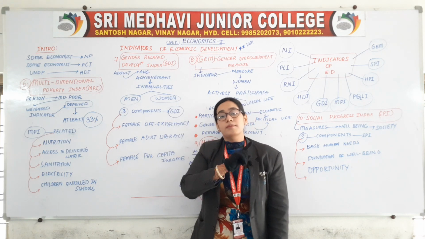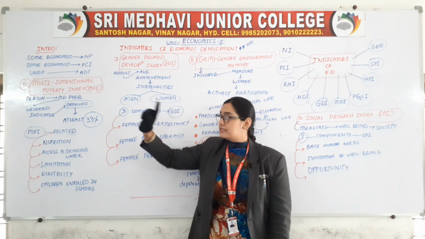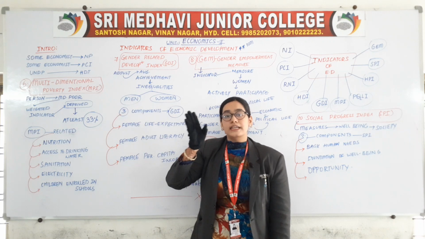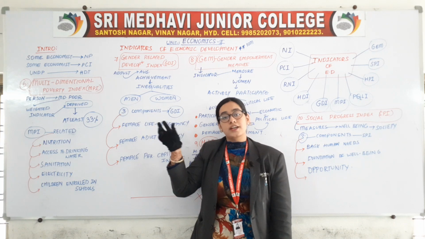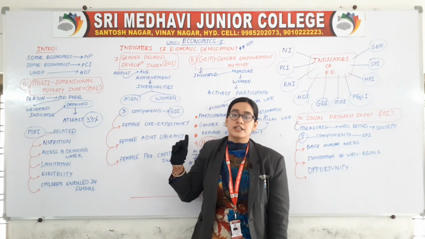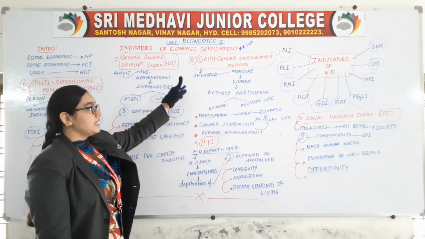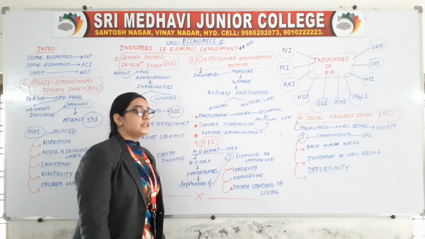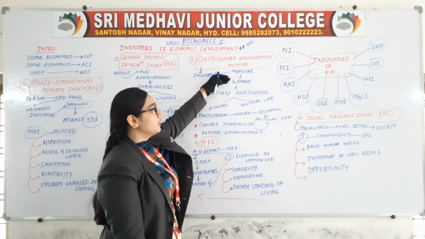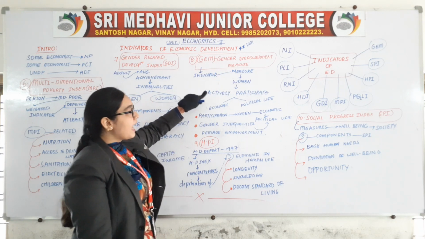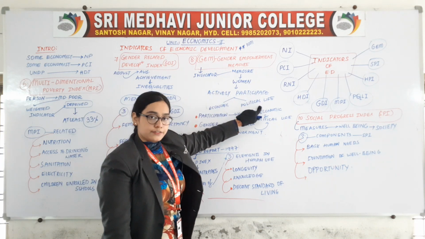In order to measure the economic development of a country, GDI is also one of the points. Sixth side heading was Multidimensional Poverty Index, MPI. Seventh side heading is Gender Related Development Index, that is GDI. Coming to next, eighth side heading, that is GEM, Gender Empowerment Measure. So it is an indicator to measure whether women are actively participating in economic and political life.